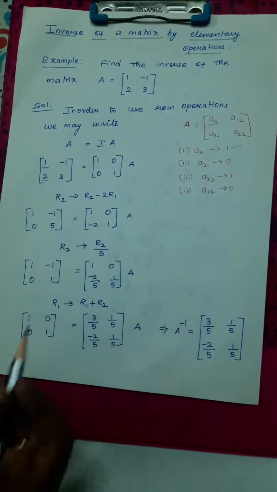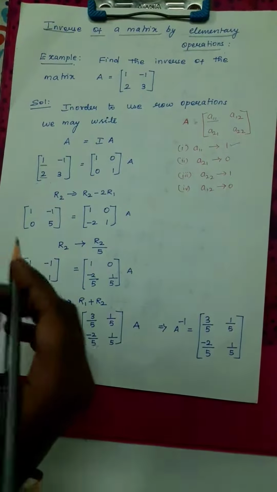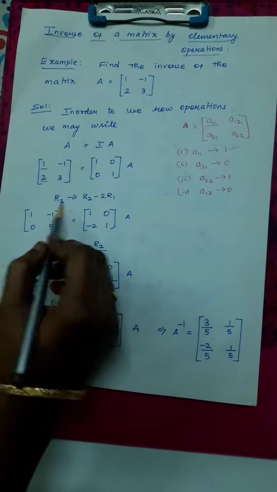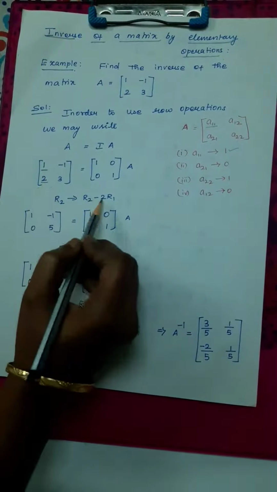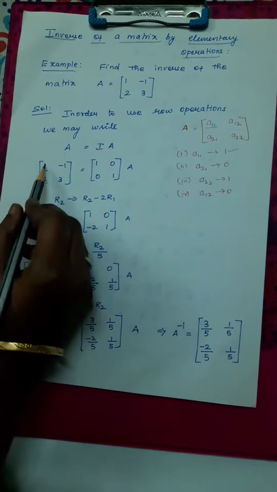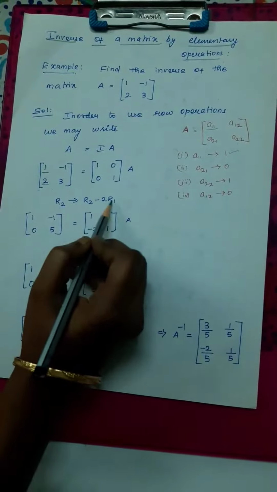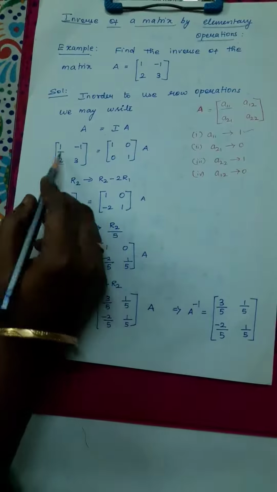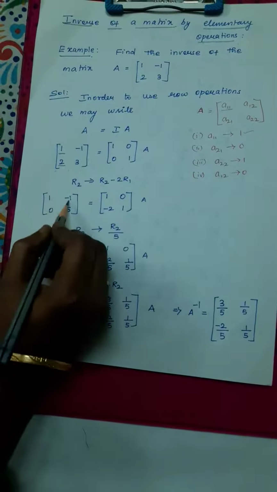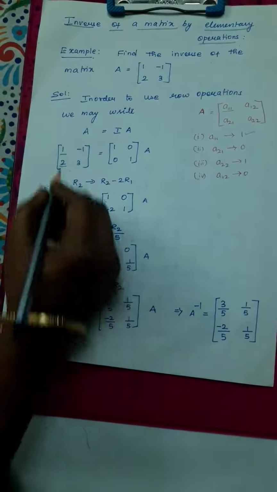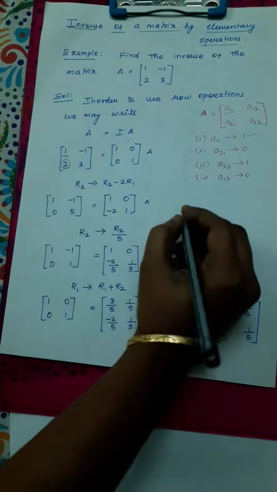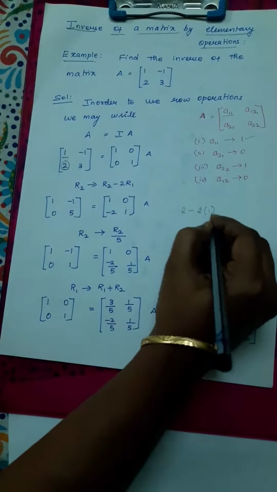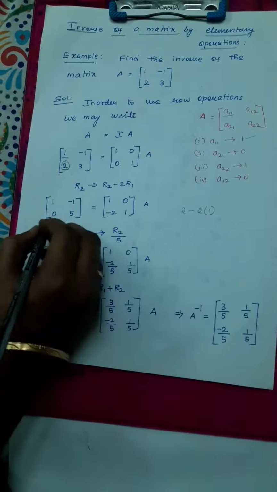Directly we cannot subtract any number from any row. Already we have seen in the rule. So now apply the rule. R2 implies R2 minus 2 times R1. The corresponding element is 1. So R2 minus 2 times R1. Now apply the operation. Write row 1 as it is, 1 and minus 1. Now see row 2. Take the first element 2. So 2 minus 2 times row 1, 2 times 1, corresponding element is 1. So 2 minus 2 is 0.